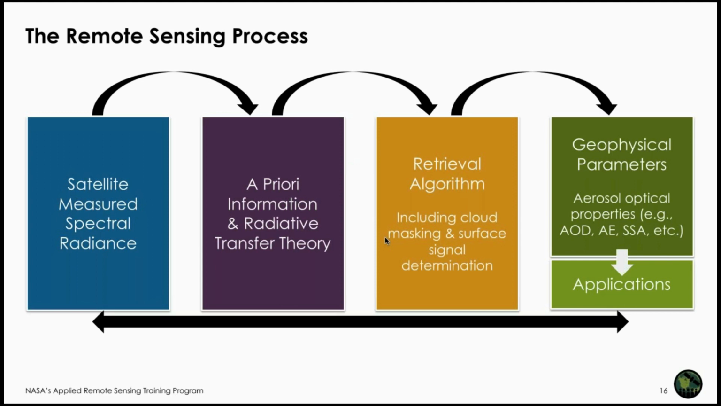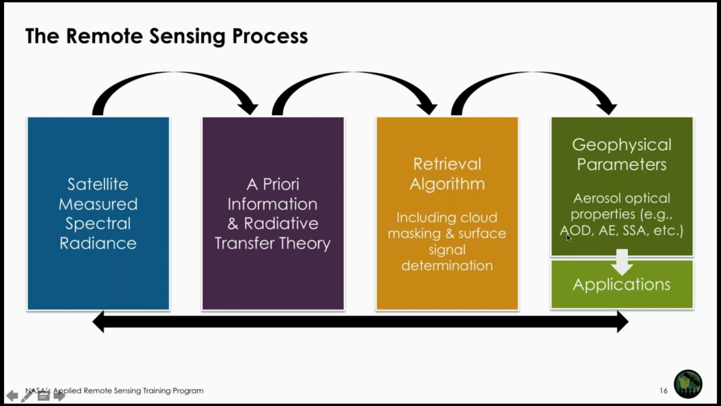This slide is the same as in the previous Pawan's presentation. It shows the simplified version of the remote sensing process, with more focus on aerosols. It starts from the satellite measured spectral radiance, and also requires a priori information and radiative transfer theory. It also requires a retrieval algorithm, including cloud masking and surface signal determination. And using all of this information, our final goal is